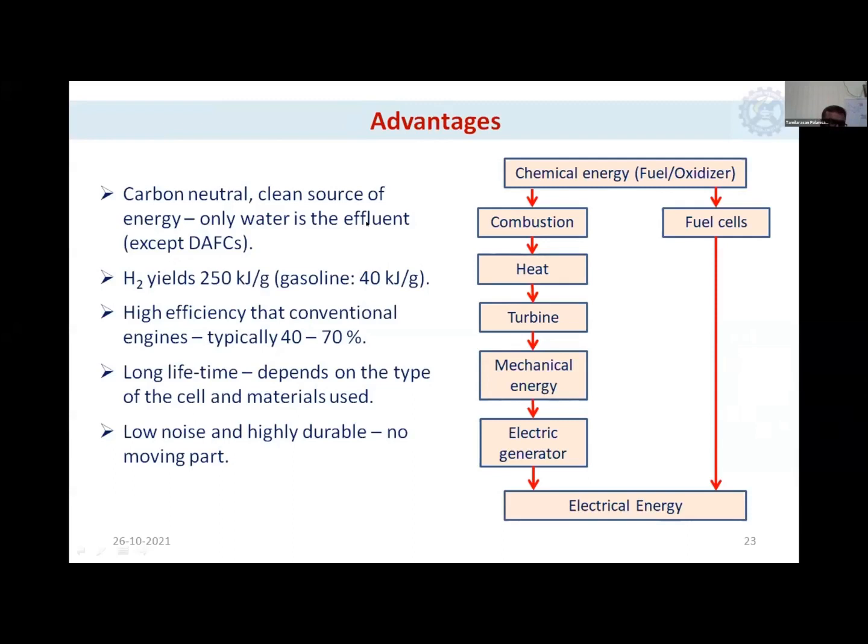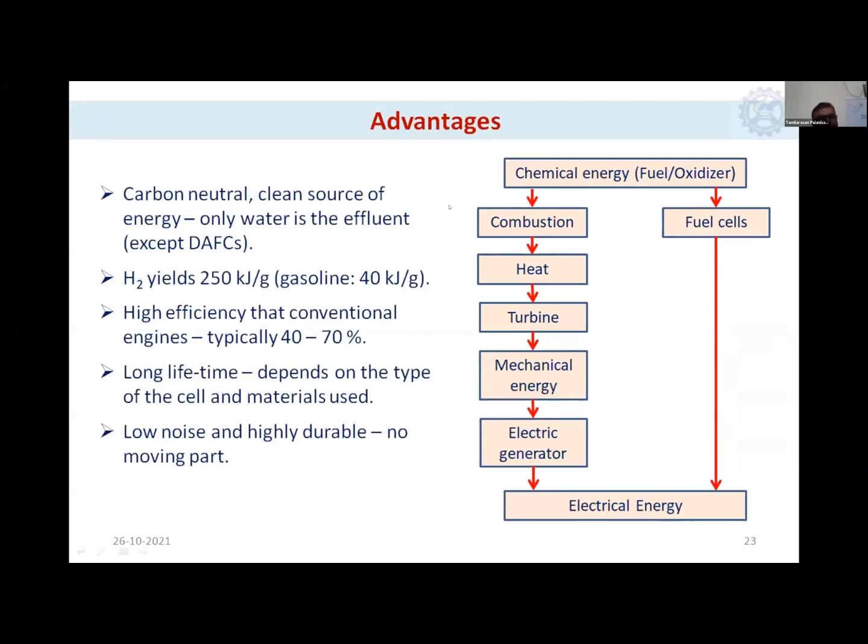And mostly these are all carbon neutral technologies, or clean sources of energy, except the direct alcohol fuel cells, where carbon dioxide is emitted. And if you see the specific energy density, hydrogen yields 250 kilojoule per gram, but gasoline yields only 40 kilojoule per gram. So this is almost 6 times higher energy density for hydrogen. So this actually gives a lot of scope, and we have 40 kilojoule per gram, and on top of that,